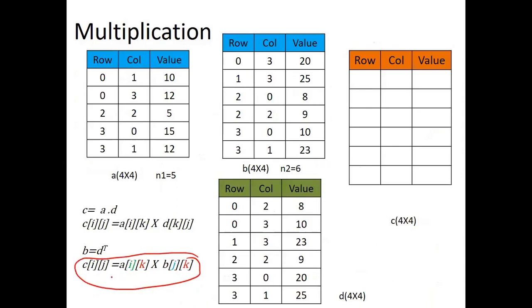That means if I want to retrieve any Cij entry, I will be picking the Aik entry for the first matrix and the transpose version of the second matrix. I will be starting from the jth row entry for the second matrix. And the second indices of both should match to participate in the entries of Cij, because Cij is equal to Cij plus all these values, and K will vary over the valid range.